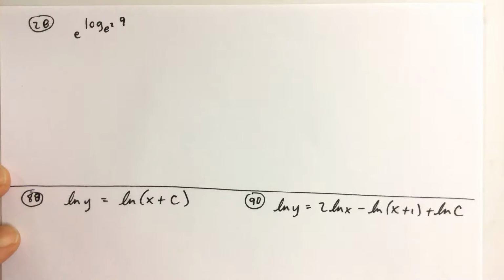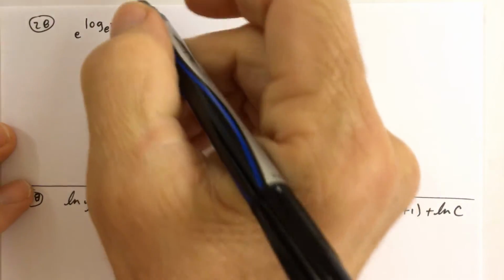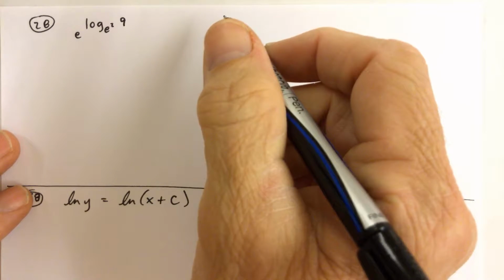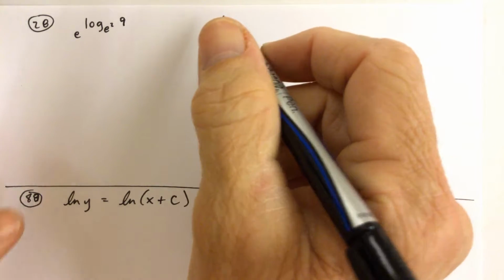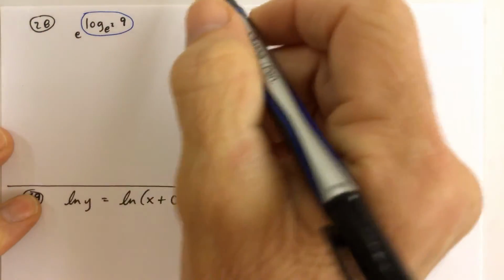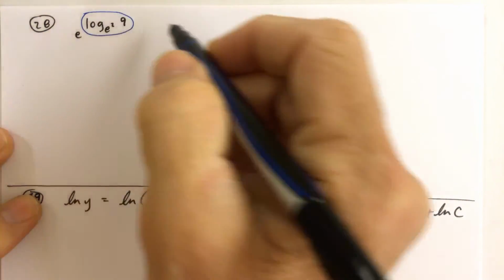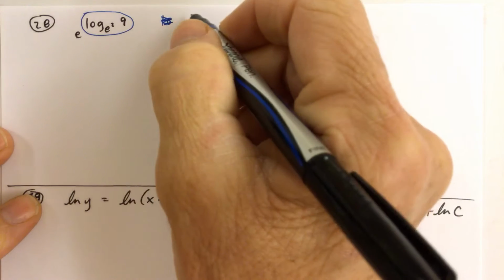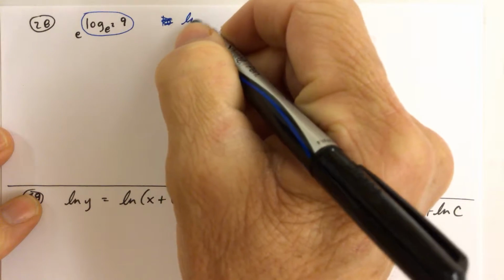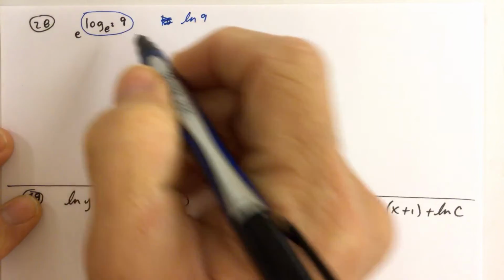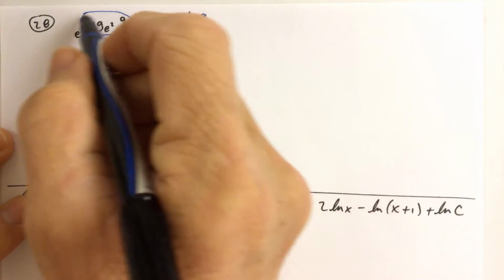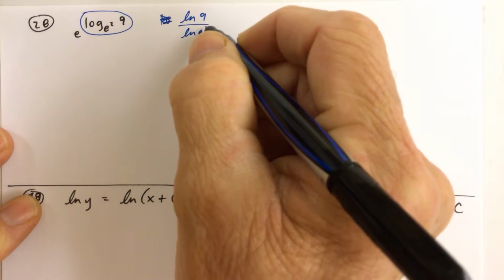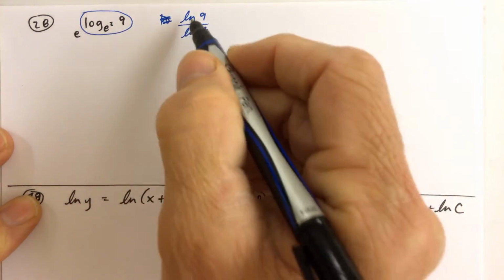For number 28, this is a little tricky here, and when I first looked at this, I had to stop and think for a second, and the only thing I could think of was to take this exponent, which is this whole big ugly expression, and just change the base. Instead of changing it to log base 10, I'm going to change it to an ln. So I'm going to use the change of base formula and rewrite this expression here as ln of 9 over ln of e squared. So we have a base of e squared here, so we write ln of 9 over